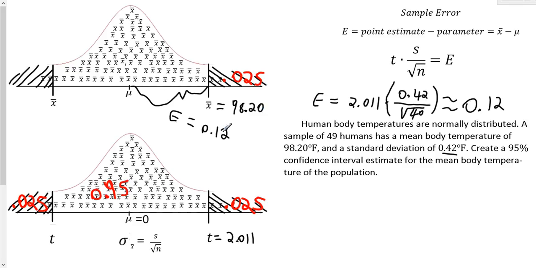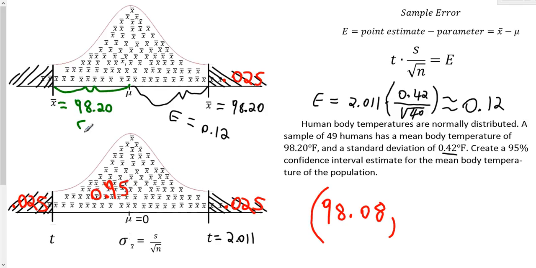So let's see, 98.20 minus 0.12 gives me a lower bound of 98.08. So the lower bound in my confidence interval is 98.08. Okay, now let's say my estimate of 98.20 was too low. Let's say it was down here. Well, I want to make sure that the margin of error here, E,